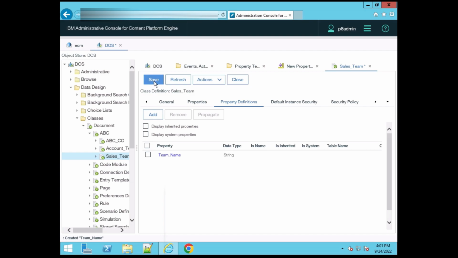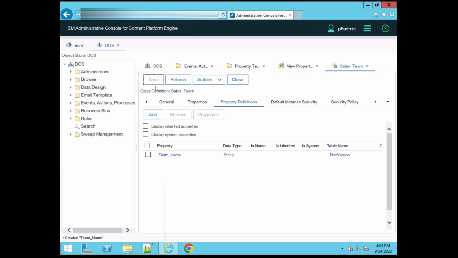It may take around 5 to 10 seconds. Yeah, it's done. So the property is attached here in this class, in the sales state. So how can we use this property? Till now, we have created one property and attached this property in this